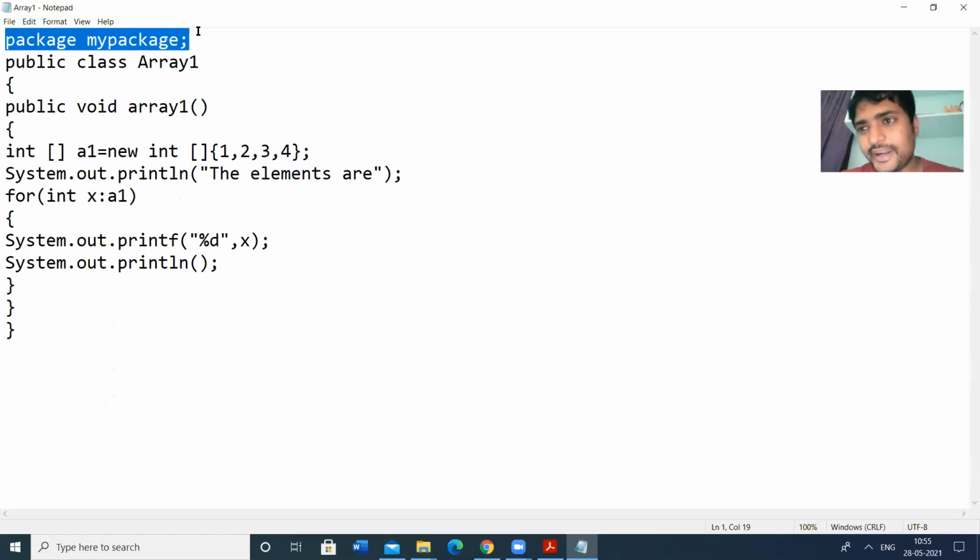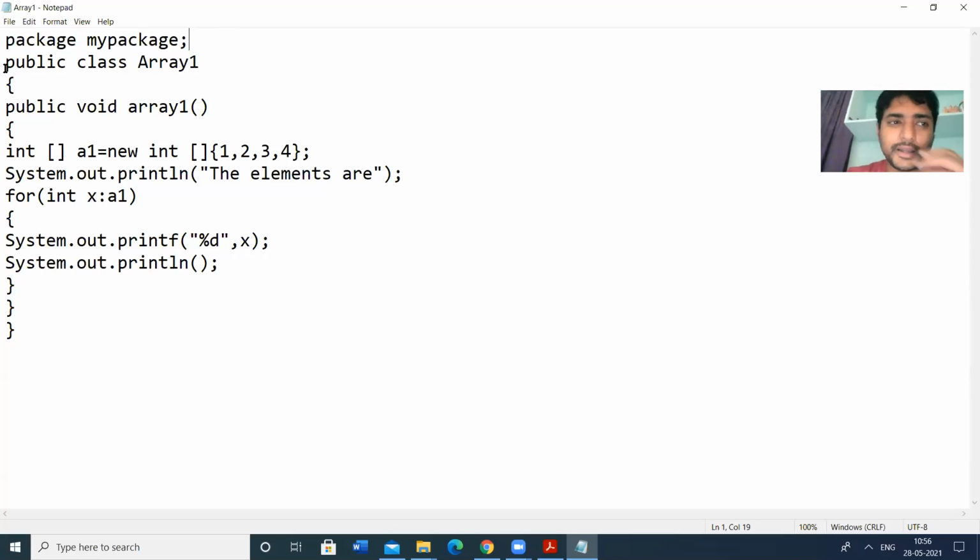So to create a class, we have to write the package name at the starting of the program. It means the compiler can identify that this is the package and this is the contents of the package. The compiler will easily understand this. So this is the syntax for creation of a package. The remaining things are the same. Package consists of classes. Packages are nothing but a collection of classes.